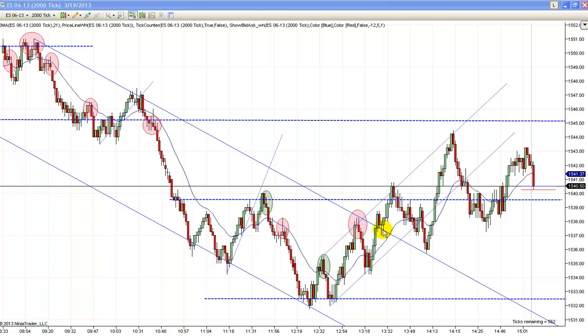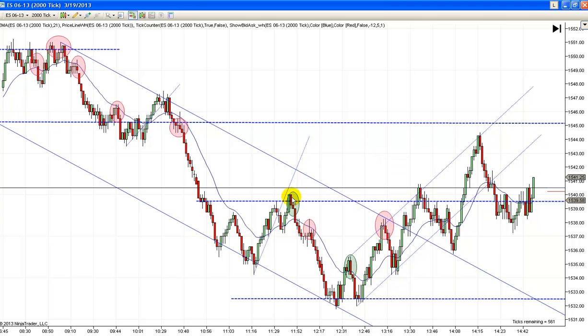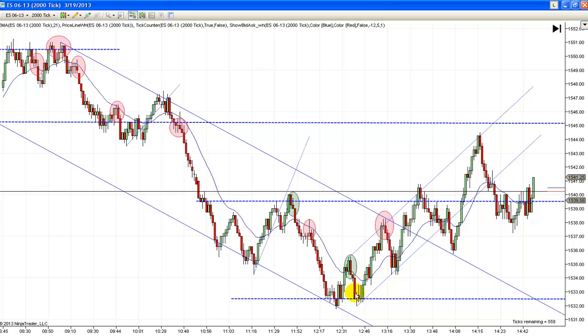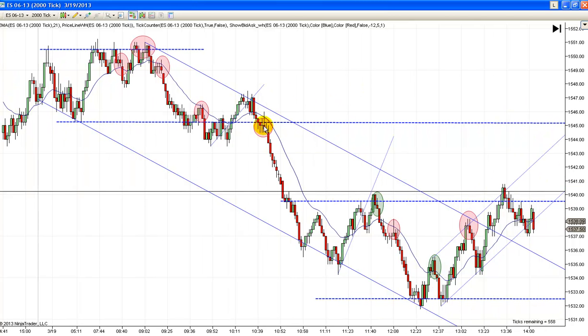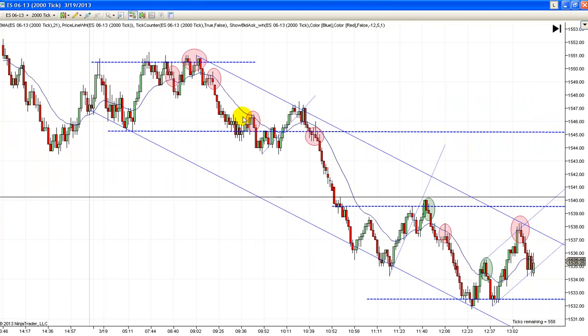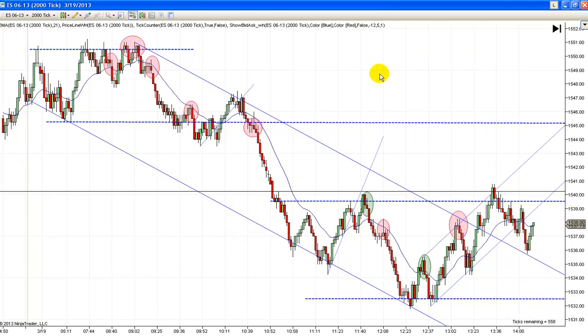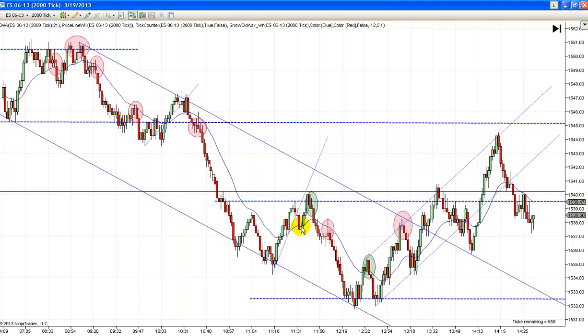Hey, I better exit this thing, because let me show you. Notice how that trade took off. Look at that reversal bar. It takes off. Look at that reversal bar, how it takes off. This one takes off real quickly. When it doesn't take off, like right in here, and right in here, and even right in here, that's not a good sign. Even though this one kept working down, you'd have been better off just to exit probably